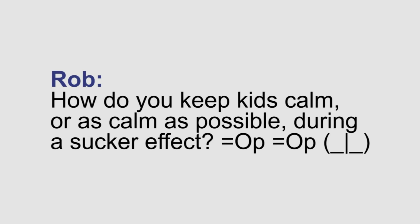Rob asks, how do you keep kids calm, or as calm as possible, during a sucker effect? I try and keep kids calm during my show because I am in charge of the show and I lay out the rules. This is what you're doing, this is what you're doing. I'm polite about it, but I'm also firm and tell them what's going on. However, with a sucker effect, I almost want them to get out of hand. As long as I can rein it in at the end, I want them to get out of hand. I want them to point out what's wrong. I want them to yell out what the problem is